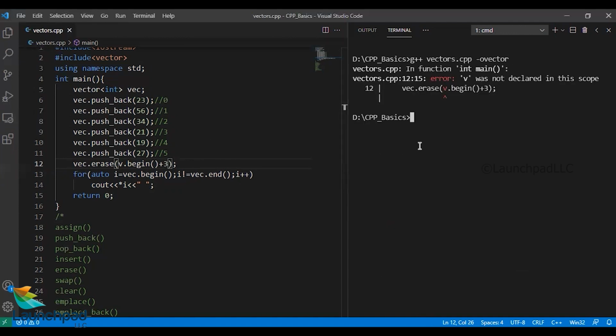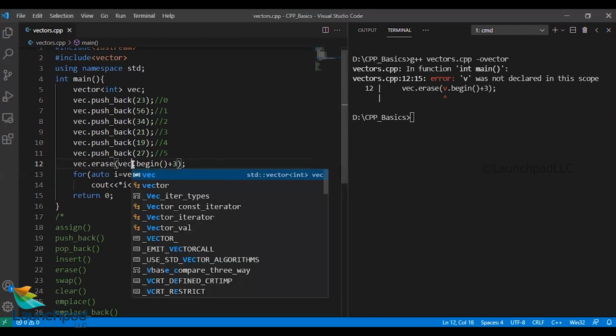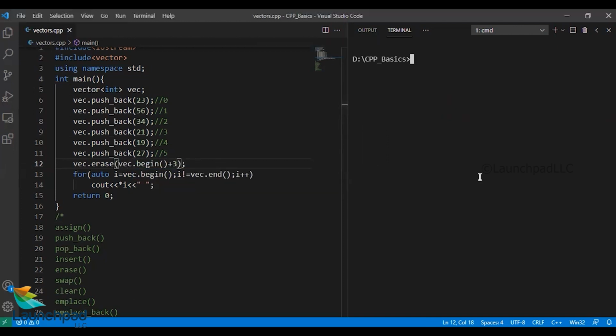Let's compile it. Okay, so the name is vec. Let's run it again. As you can very well see, the element at the third index, which is 21, has been removed. So 23, 56, 34, and it goes on to 19 and 27. The value 21 is removed because I've removed the value at the third index. I've erased it. So the erase function takes an iterator as its argument.